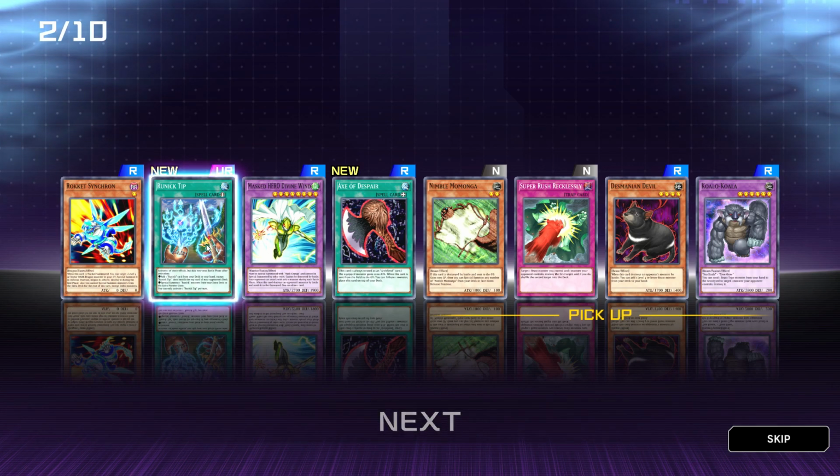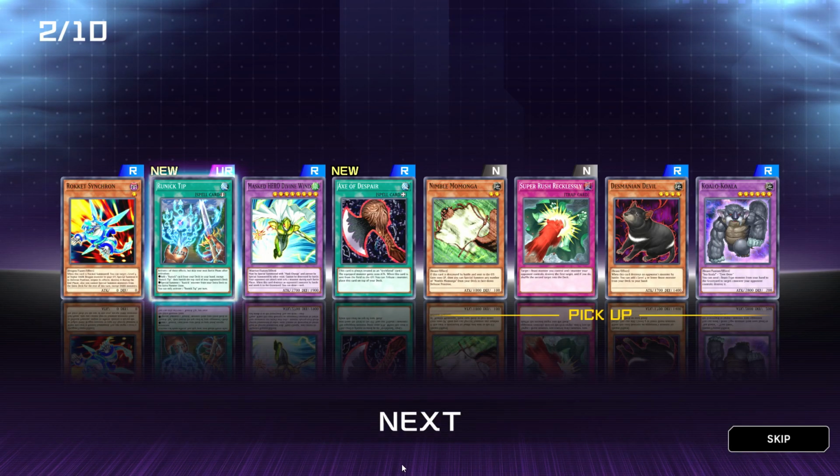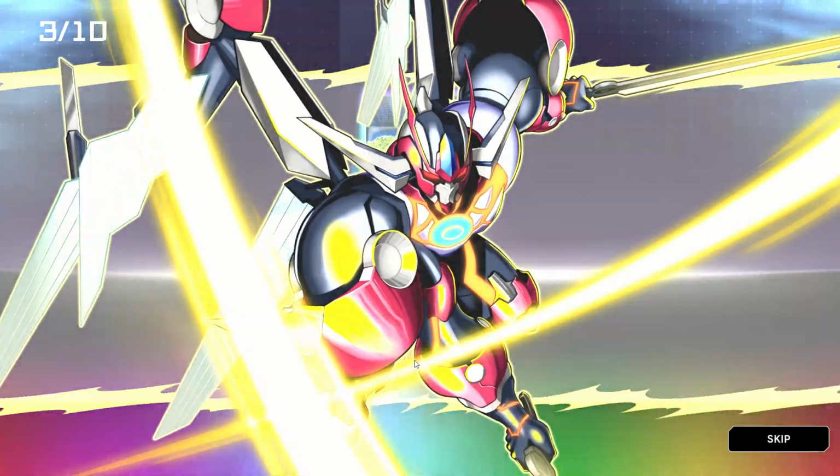Runic Tip. Did not unlock a pack, though. Activate one of these effects, but skip your next battle phase after activation. Add 1 Runic card from your deck to your hand, except Runic Tip. Then banish the top card of your opponent's deck, or special summon 1 Runic monster from your extra deck to the extra monster zone. You can only activate 1 Runic Tip per turn. Okay. I know Runics have been pretty annoying in ranked, so...